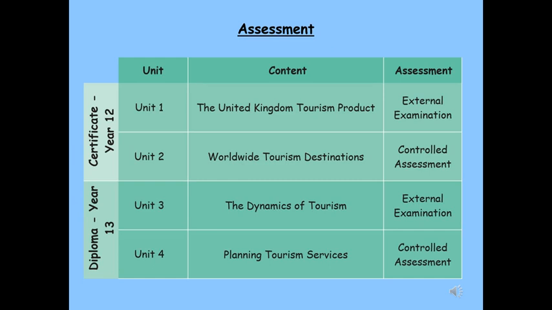As you can see, the tourism qualification is split into 4 units, 2 of which you study in Year 12. Unit 1 is an examined unit, and this exam is an hour and a half long. Unit 2, Worldwide Tourism Destinations, is a controlled assessment, and this is done throughout the